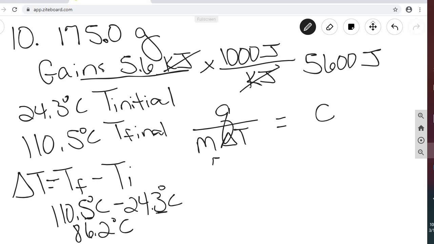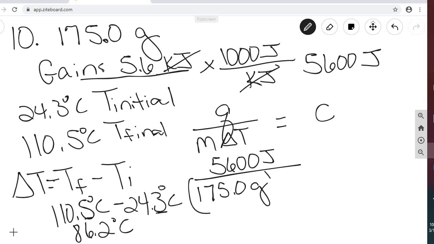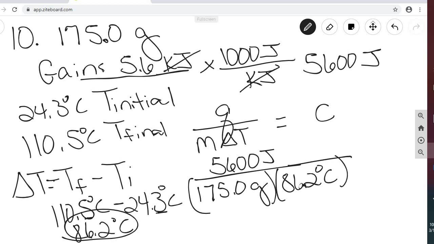Okay, so the Q is 5,600 joules. The mass that we are given is 175.0 grams. And then we calculate delta T here as 86.2 degrees C. Notice none of the units are going to cancel, and that's good because the units for specific heat capacity are joules over grams degrees C. So if we do that math, you will end up with